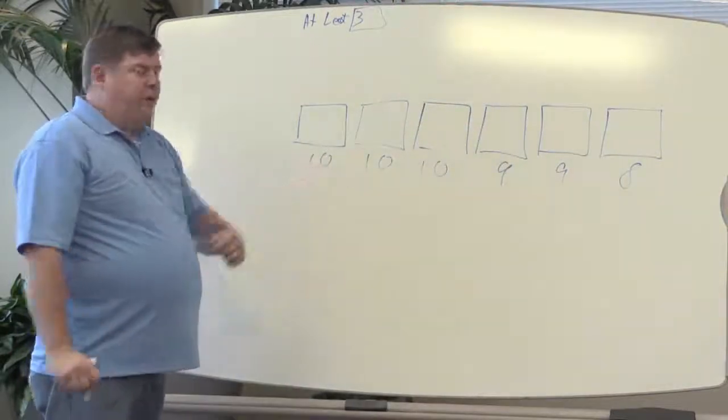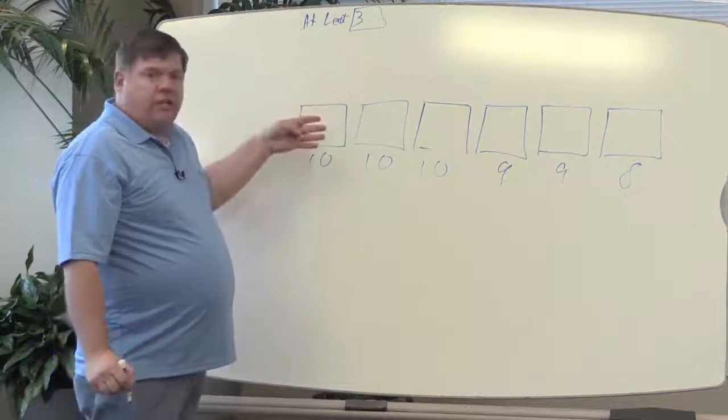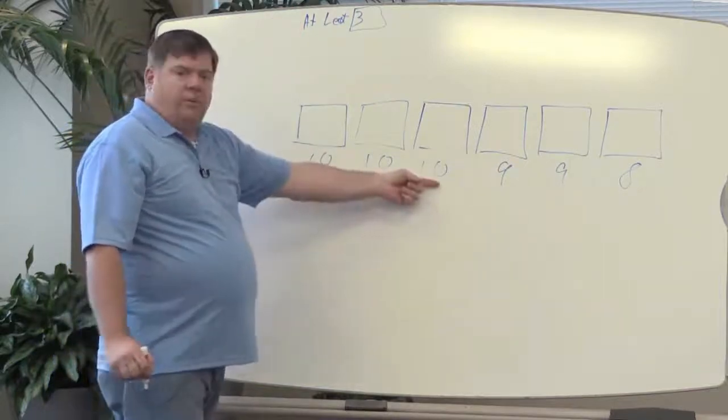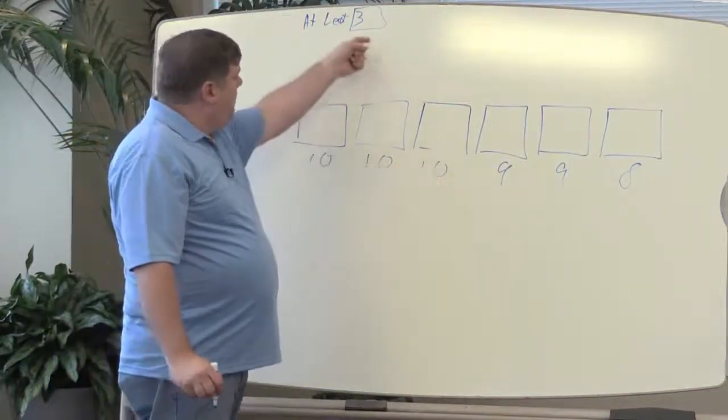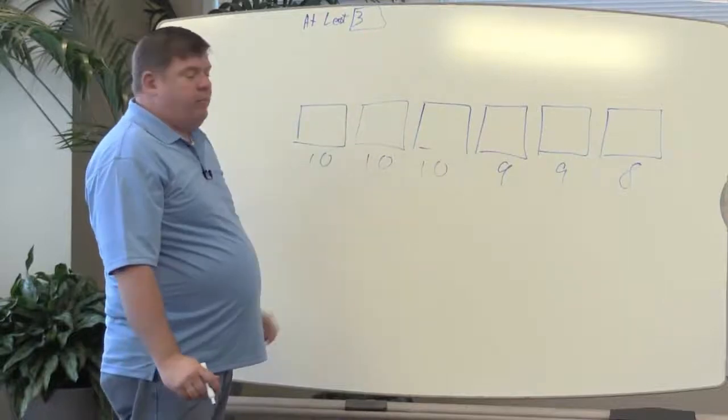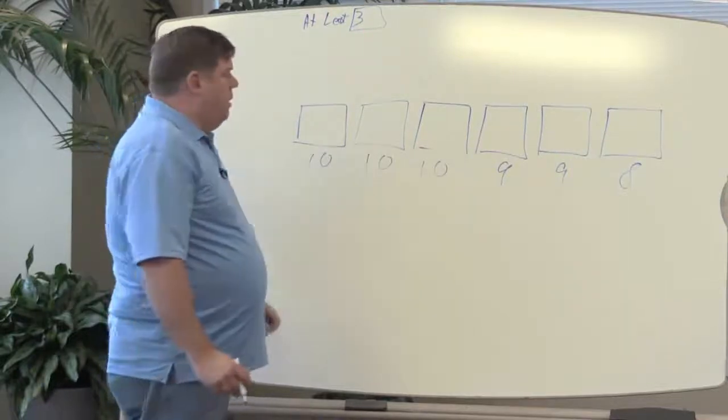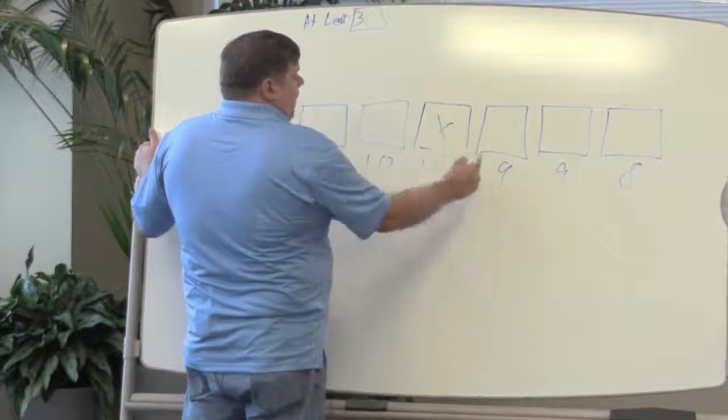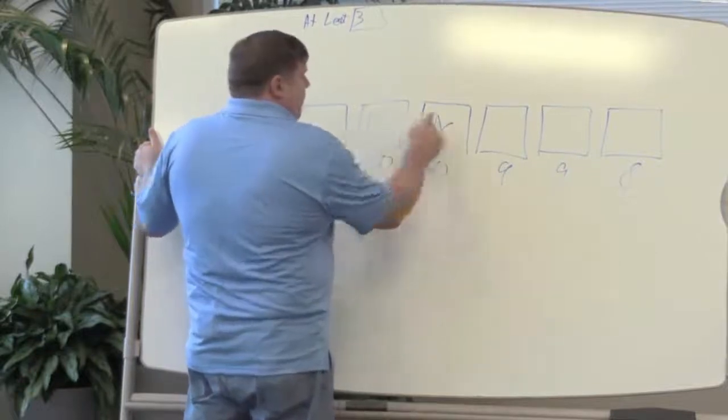If I configured it in this manner and I activated the first highest priority group, all 3 of these servers would come online because they're in the first group and it met my minimum of 3. I wouldn't activate any more groups because I have 3 servers working. But if I lost this server, I would activate group 9, and now I would have 4 servers working